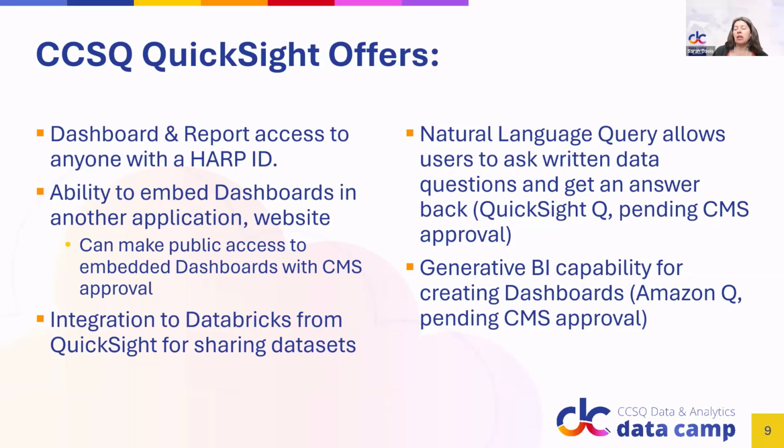Also, just a few weeks ago, Amazon released what they call Amazon Q, and that's a generative BI capability. So like AI, but BI. And what that does is it's really for authors who want to create a dashboard rather than create it manually from a blank space. You can write questions and create a data story, and it'll create something that you can go in and then edit. There was a session to try it out.